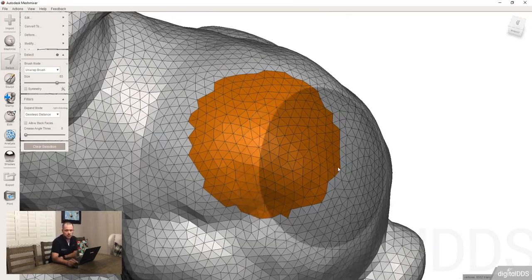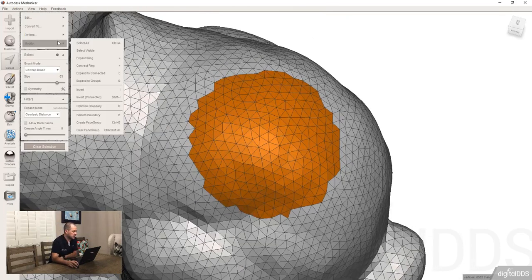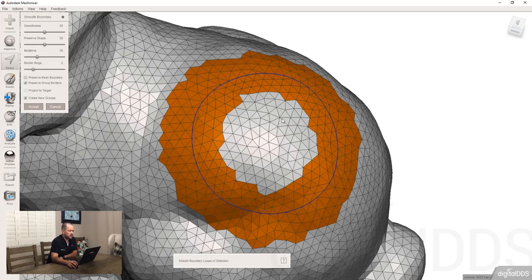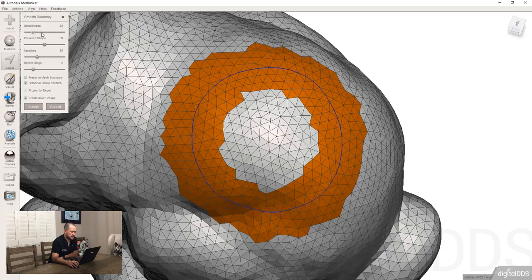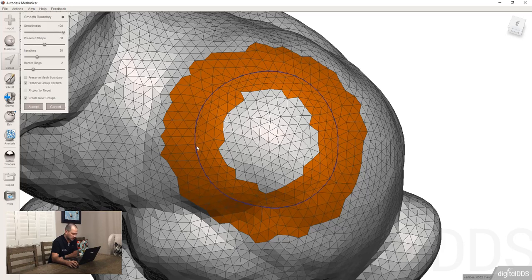If you want to smooth off your boundaries, you can use this tool called Smooth Boundary. The keyboard shortcut for that is B. But see what it did: it came through and affected a bunch of different triangles in here, and it made a very nice smooth edge. And you can play around with these. The smoothness, you can see, is trying to make it even more of a smooth line instead of a jagged line. Preserving the shape, if you need the shape preserved,